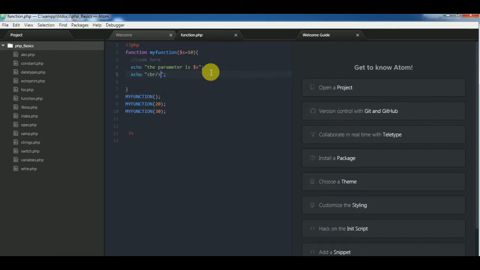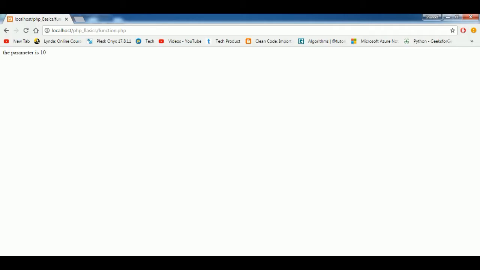So whenever this function is called, 2 echo statements will be printed on screen. First is this, the parameter is some value, and the second echo statement just gives the HTML break in the output. So saving this and coming to the browser, the parameter is 10, the parameter is 20, and the parameter is